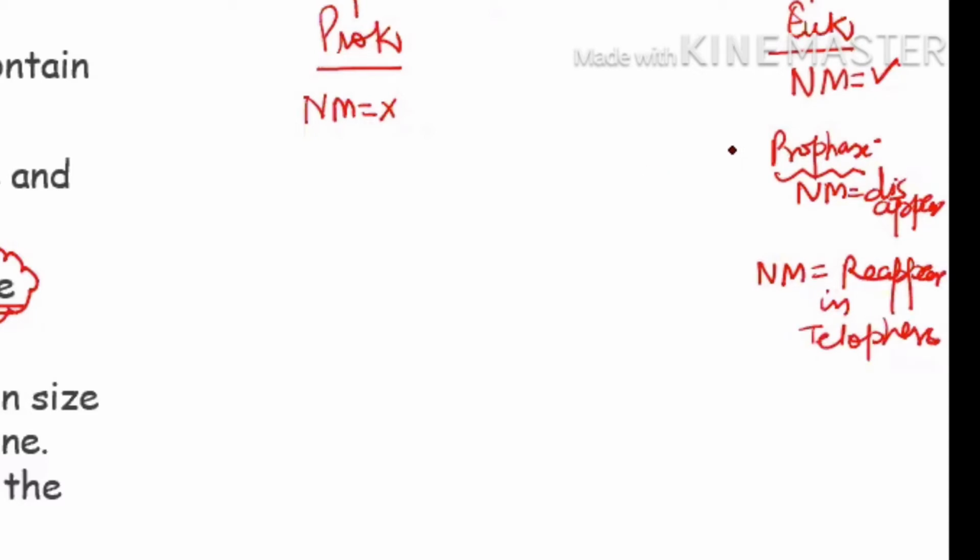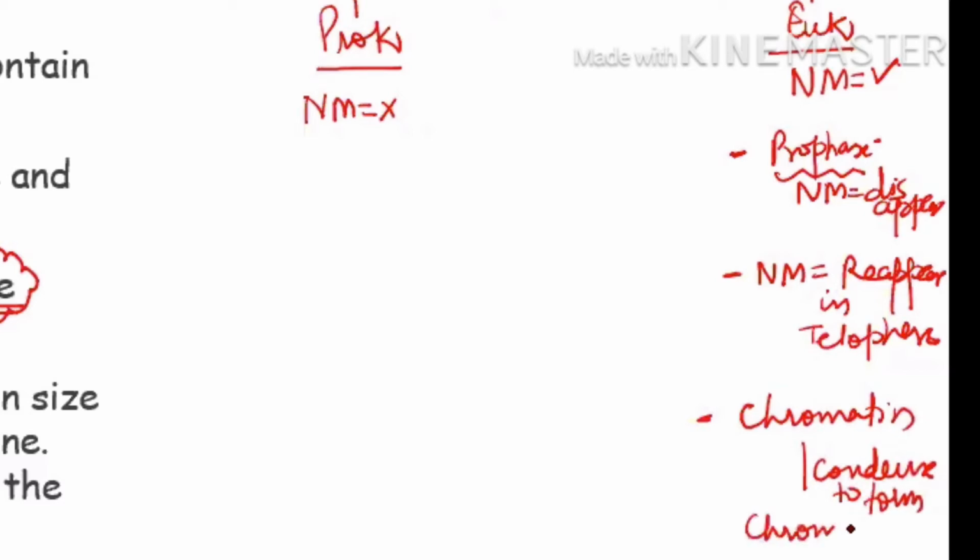So one thing you have to remember here. Then second thing, if you know they condense, they are having chromatin during nucleus, which condense to form chromosome at the time of cell division. So chromosome formation is done in them at the time of cell division. But in between another is there, that is mesokaryon. The dinoflagellates are mesokaryon. So what uniqueness are the dinoflagellates having?